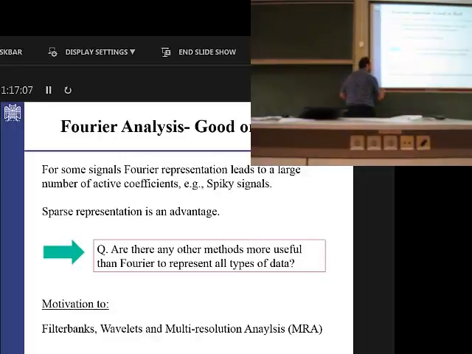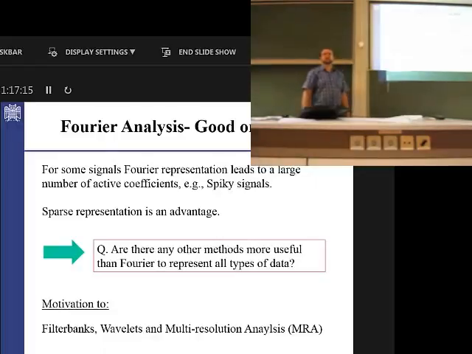For example, whenever we have a spiky signal like this, and it normally happens in biological signals, then representing such a signal with the Fourier series means having a lot of coefficients, which finally implies that we will not have compact support, we will not have a sparse representation of this kind of signal in the Fourier domain. So we are looking for something more compact. That's what motivates using